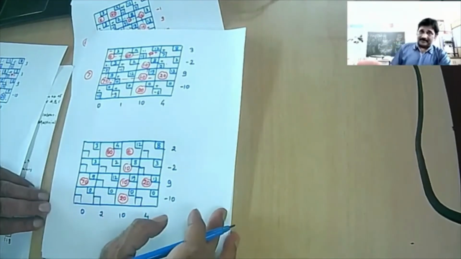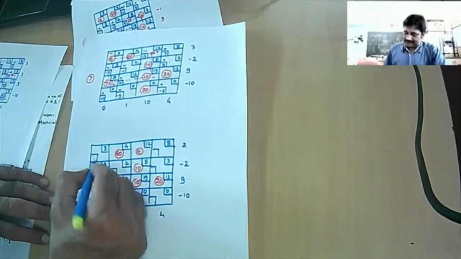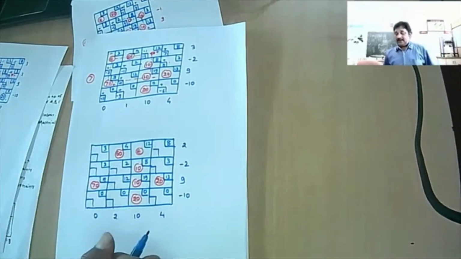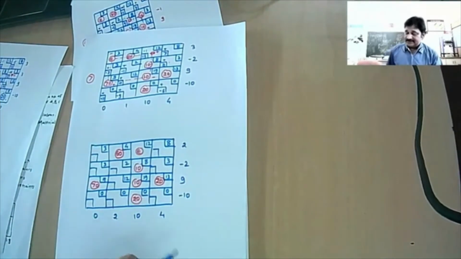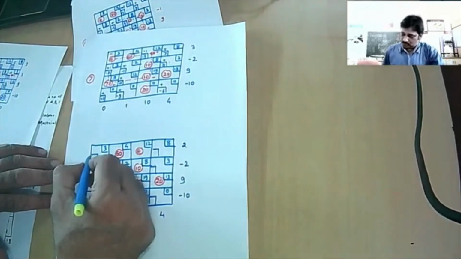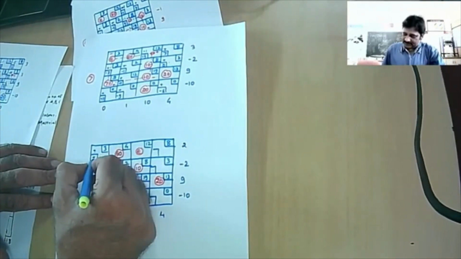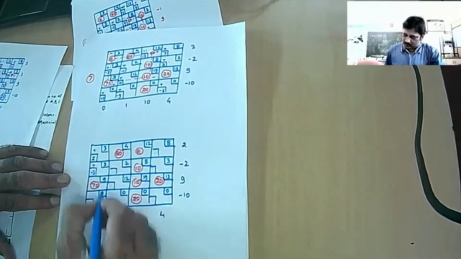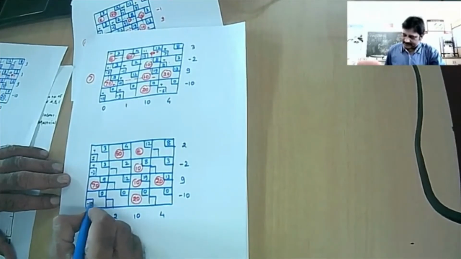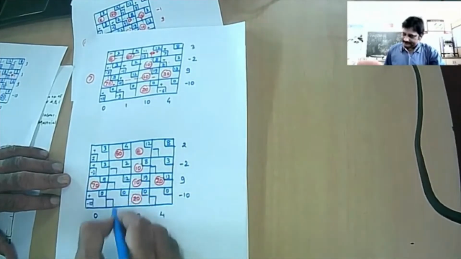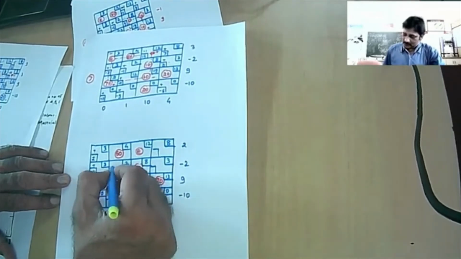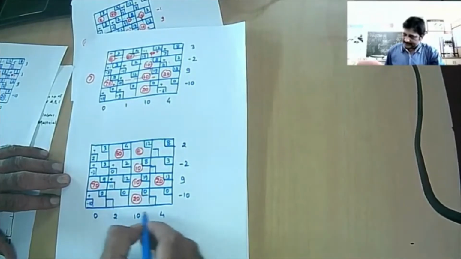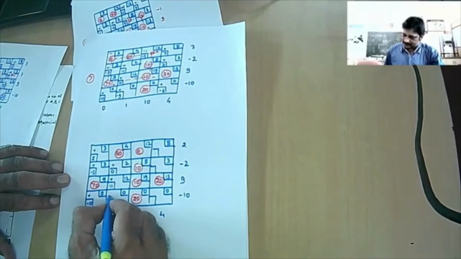And this time, it's not bad to hope that all the cost changes will come positive. That means there will be an increase if I do the allocation in an empty cell. Okay, 0 plus 2, 2. So this is positive. As long as this is lesser than this, this is positive. Then minus 2, this is positive. Then minus 10, this is positive. Then here it is coming out to be 0 positive, then 11 positive, then here minus 8 positive.